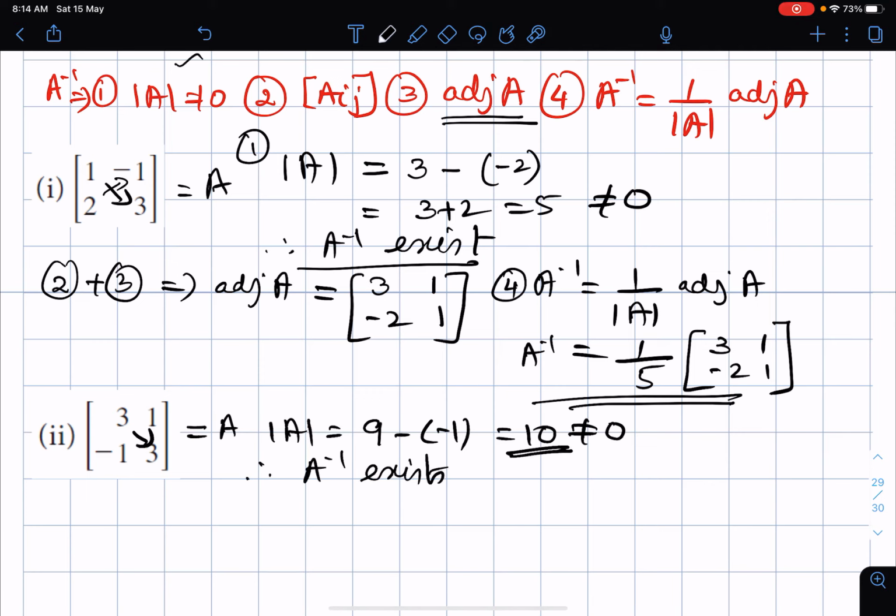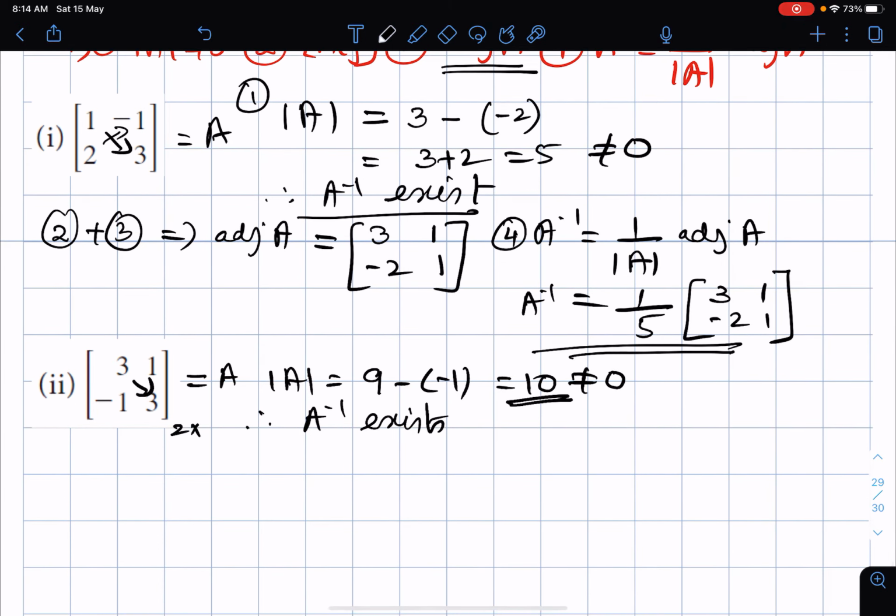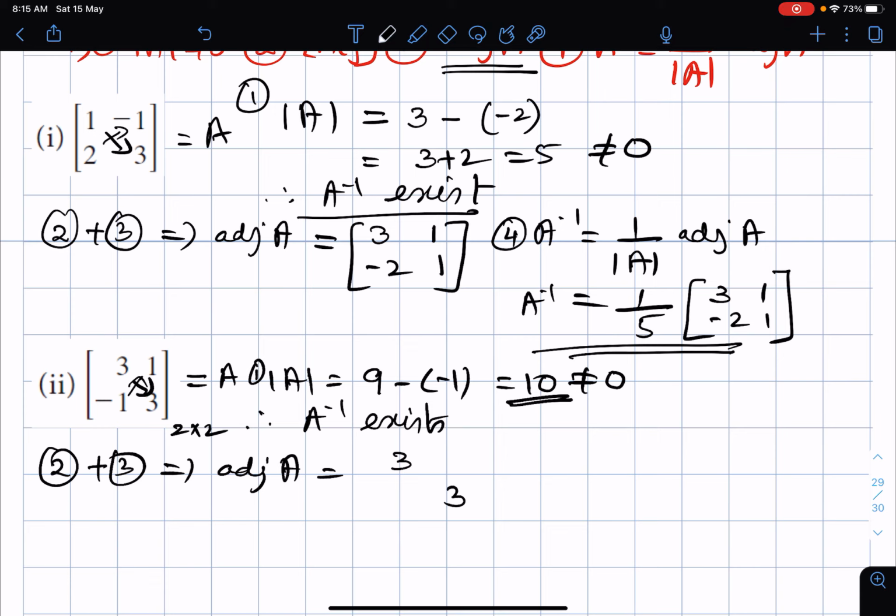So determinant A, you have found out the value. Now again, since this is also a 2 cross 2 matrix, combine the second step and third step. So combining both you get adjoint A, that is equal to invert, it is 3 3, so no need to think. Now for this diagonal you are going to change your sign. So plus 1 becomes minus 1 and minus 1 becomes plus 1. This is going to be your adjoint.